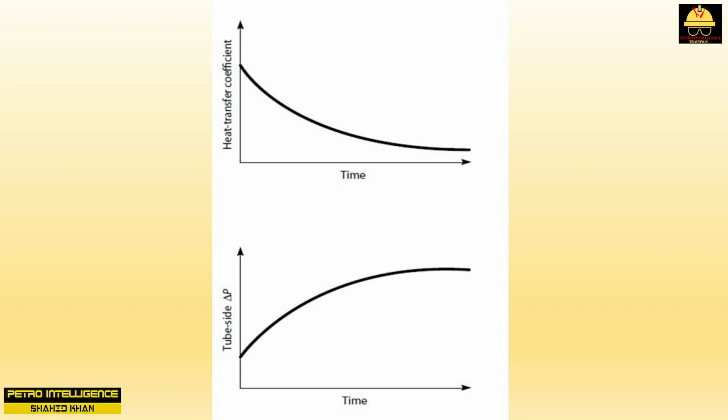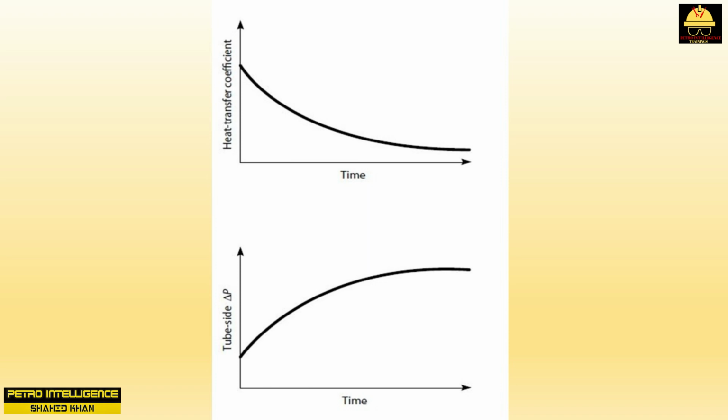On the other hand, we can, during the design of an exchanger, select a high velocity to combat fouling. For example, let's consider this picture. This is data from an exchanger that was designed to operate with a low tube side velocity. Note how there is a rapid loss in the heat transfer coefficient as the tubes foul and plug as a result of low velocity. The loss in heat transfer coefficient U stops only when the terminal tube velocity is reached